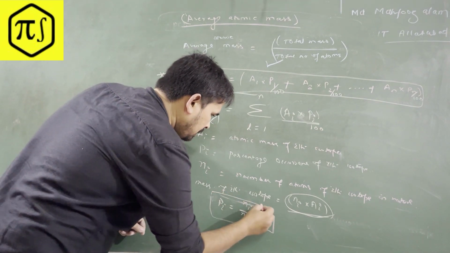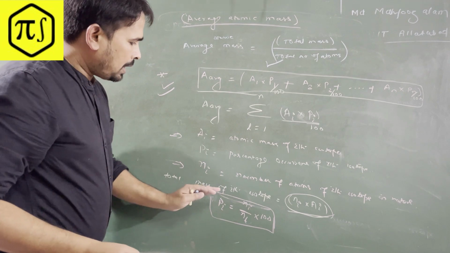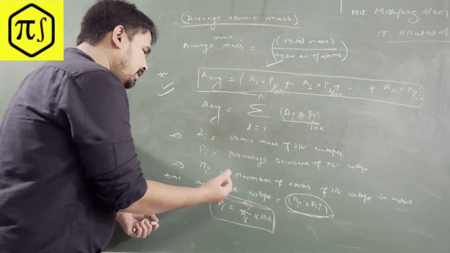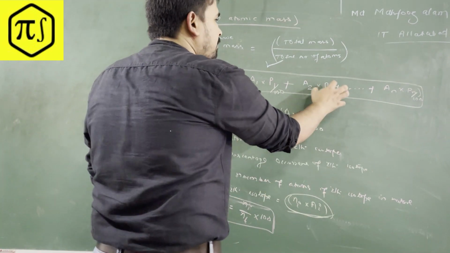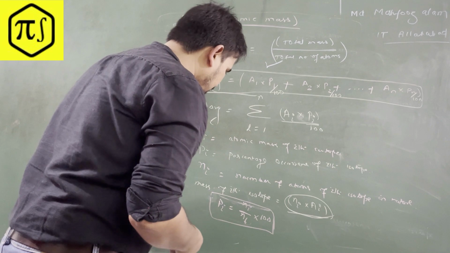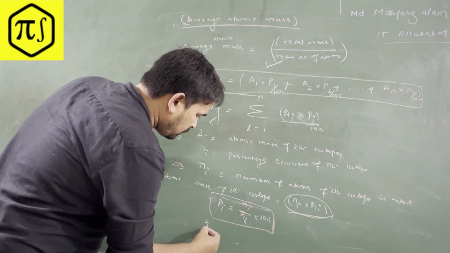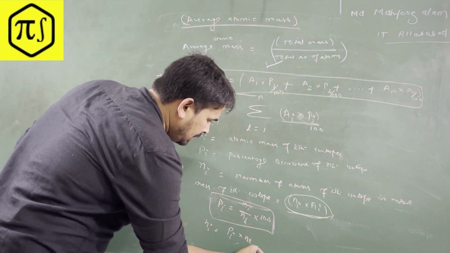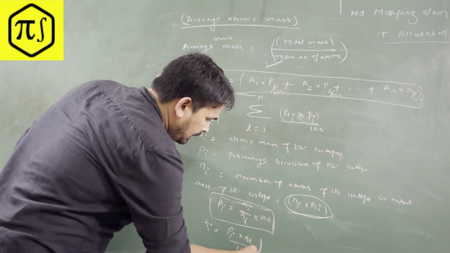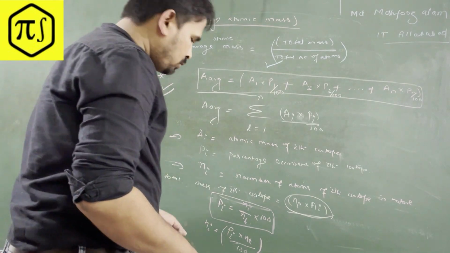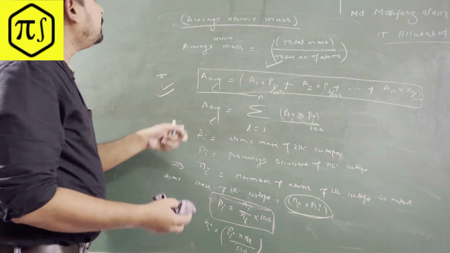Now guys, our goal is to convert in terms of the Pi, because in our definition it should be the A and P relation, A into P. We will try to convert every variable, and so Ni we will try to convert. So Ni we can write down as Pi into Nt divided by 100, right? So now we are almost done actually.